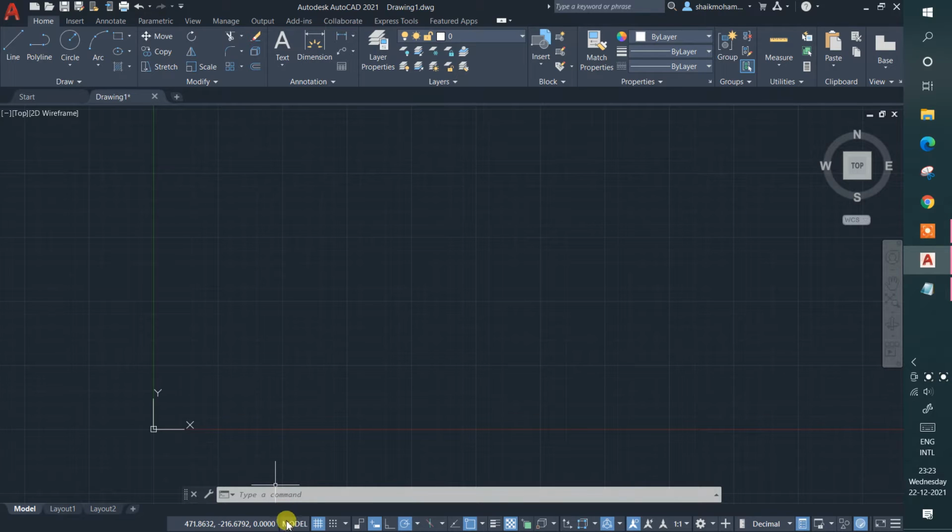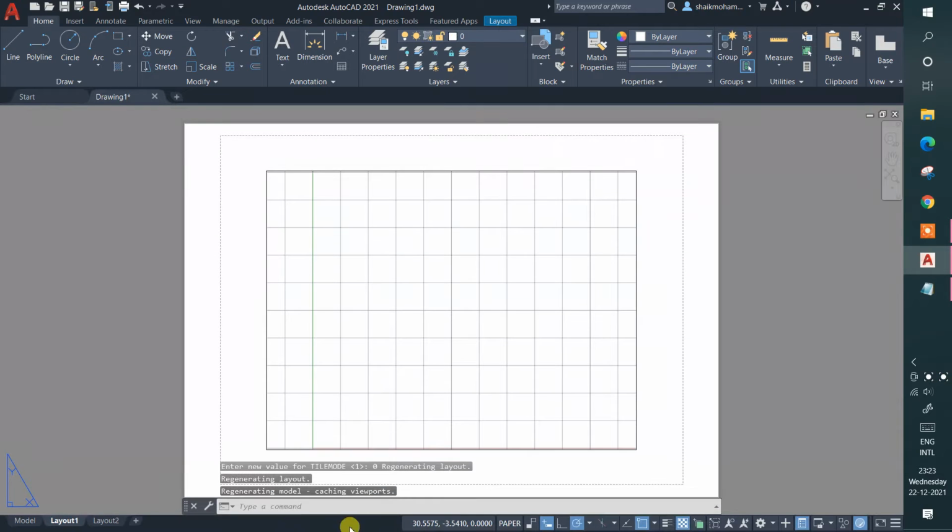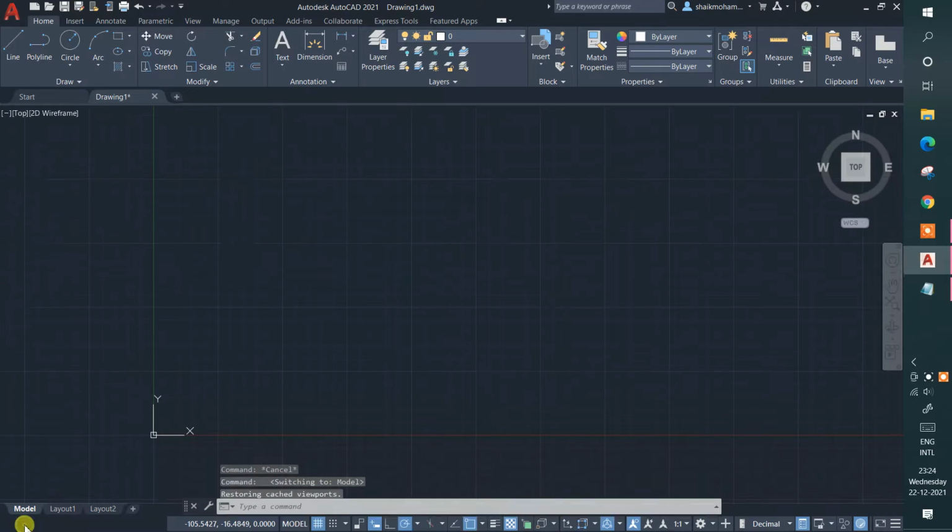And after that you can see the model. I don't want to click this one, because if I click it I'm going to go to layout. To show you, I'm going to click this one. Just click on model, and see here, I headed to this page, guys. There is only a blank thing, because I haven't drawn anything, so it appears like this. Let me go back to model. You can see here.